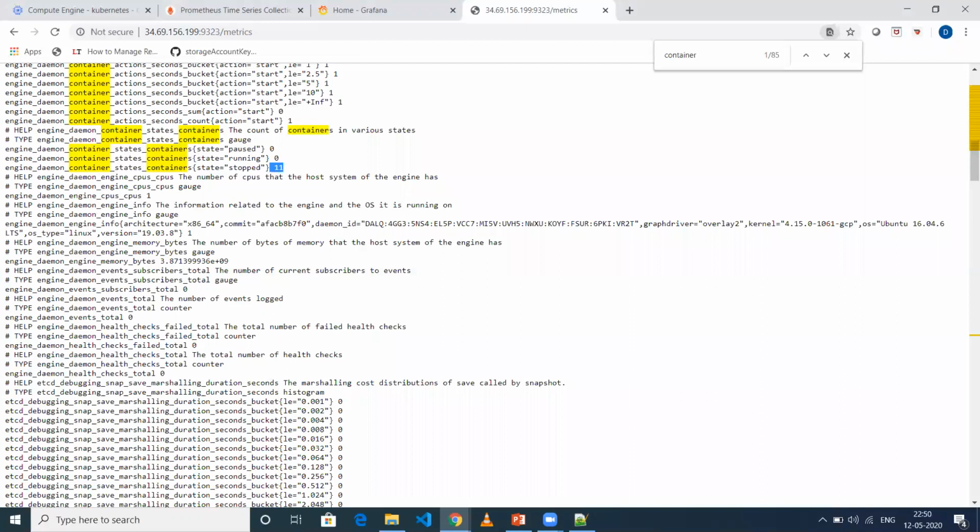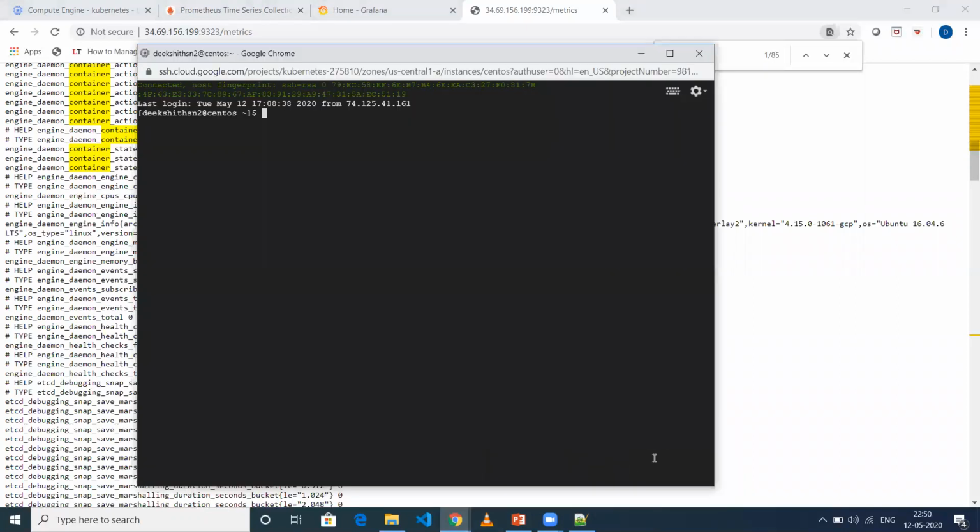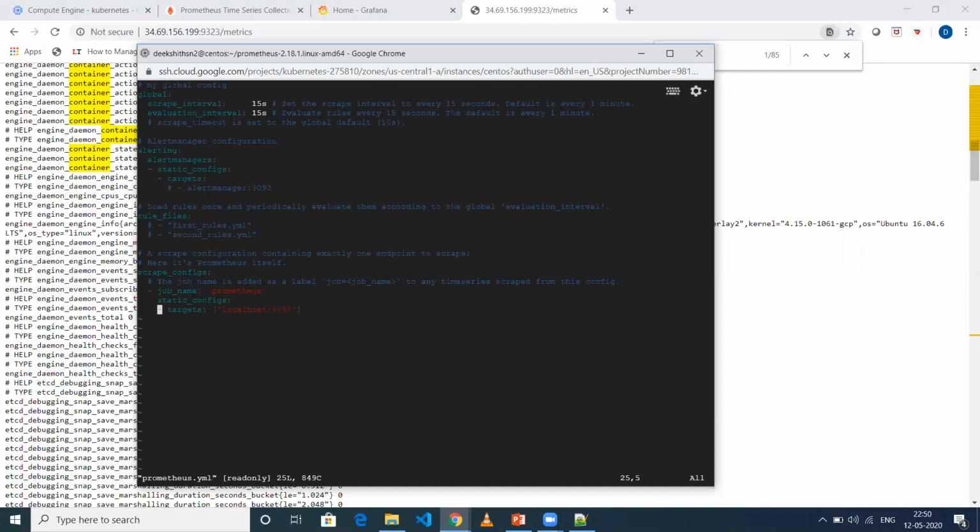Correct? So if you want to do that, you need to go to the machine in which Prometheus is installed. You need to change the configuration of Prometheus. You need to change a few things in prometheus.yml. Okay. So here if you see, something called a job is there. You need to give the job name and you need to configure the targets.